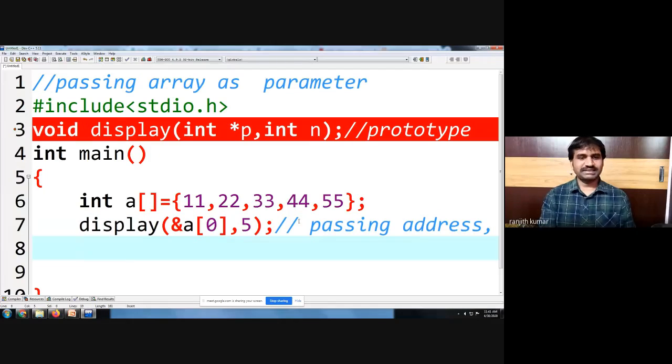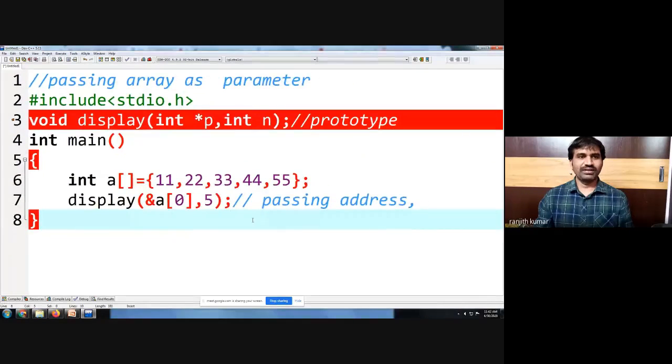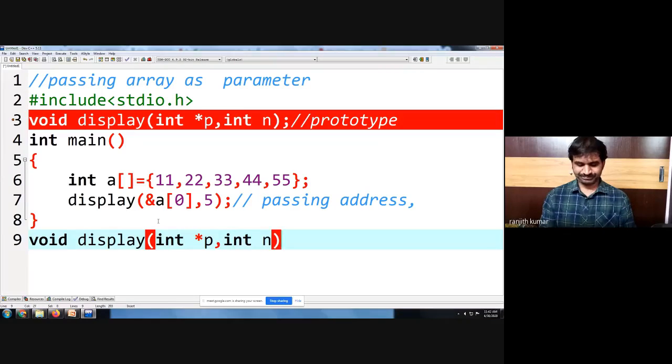Now let us close this function, and start writing the display function. So void display, int star p comma int n.